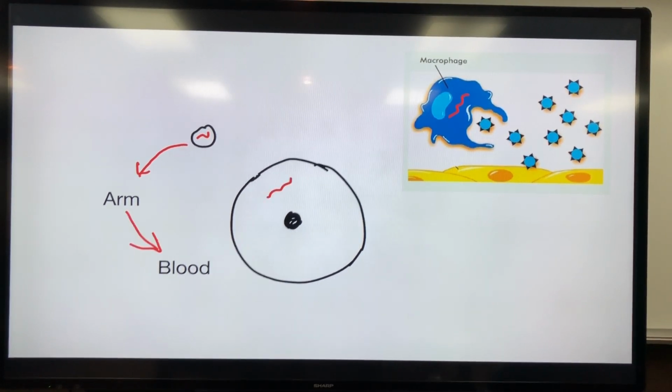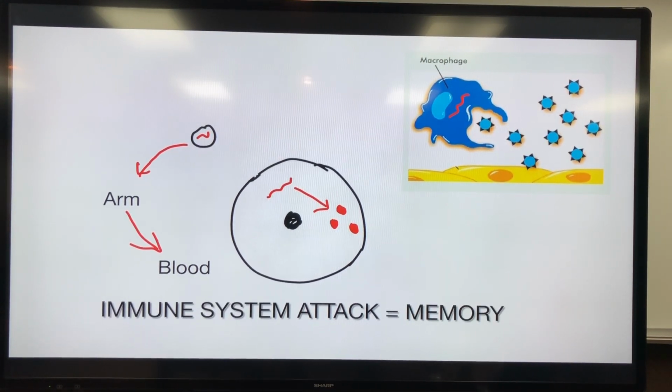So my white cells take in that little RNA, and then my white cells have the same machinery that all my other cells do. They can turn RNA into protein. So they take that RNA and turn it into those little spike proteins. And this is where the vaccine stops in our body. It doesn't go any further than this. In fact, our immune system, actually in just a few days, destroys all that. But in the process of destroying it, it's forming memory to what that spike protein looks like.